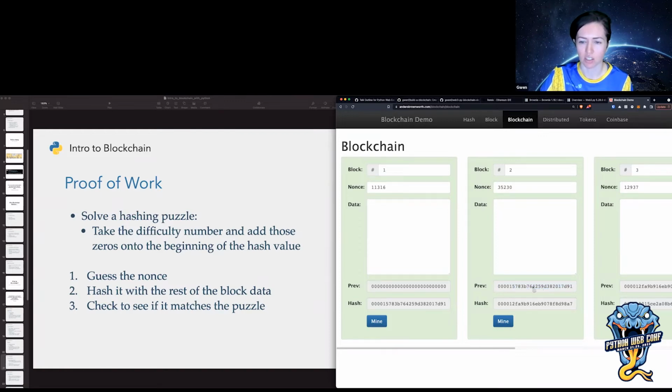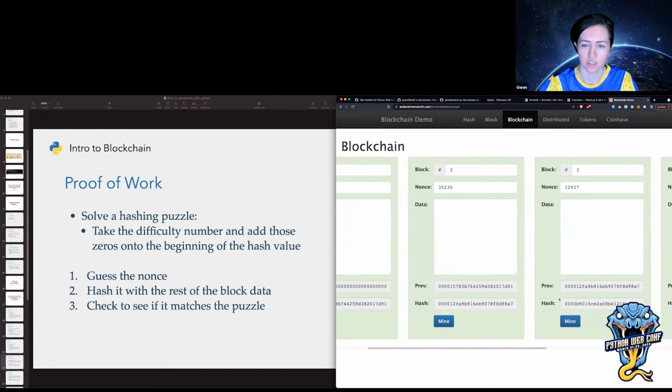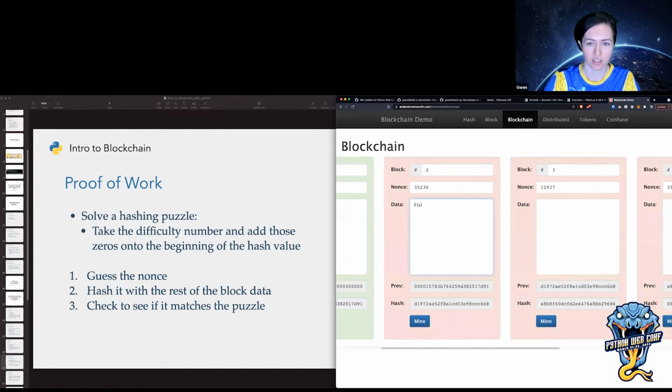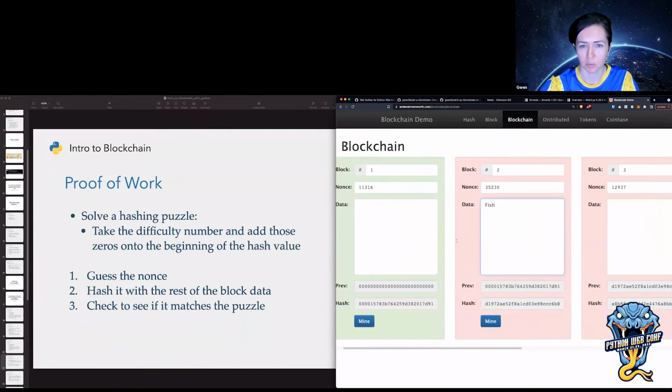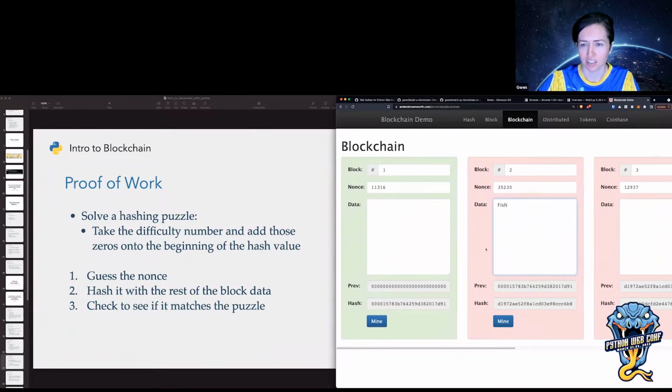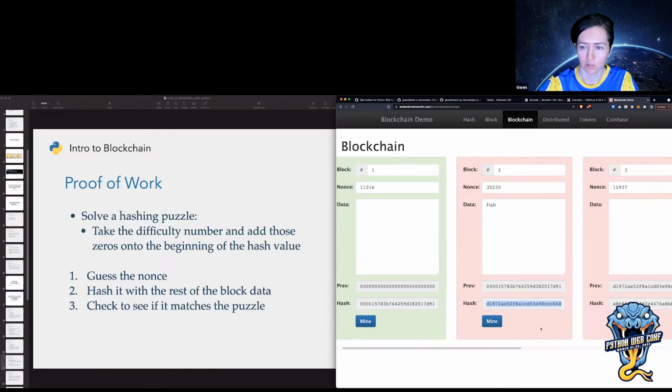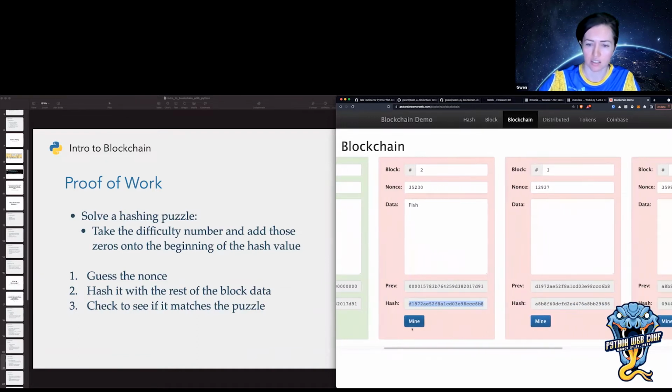But this block number 2 is hashed with the hash value of block number 1. So that means you can't change the hash value of the previous block, or this hash value will break, and it will in turn break every single other block in the blockchain. So if I break this block, or not break it, but change the information in the block, you can see Anders added this nice illustration turning it red. So it basically changes the hash value of this block, which means that the future blocks have the incorrect hash value because they've been hashed with the wrong value. So I would have to remine this.